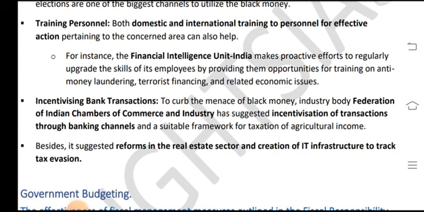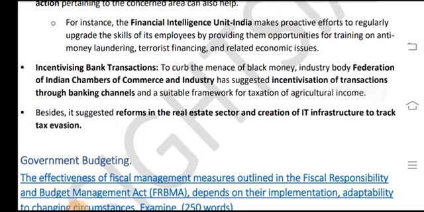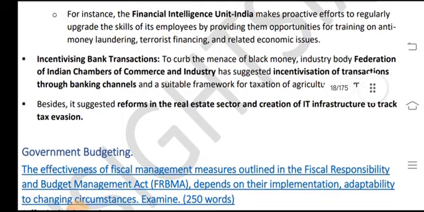Incentivizing bank transactions to curb the menace of black money: industry bodies, the Confederation of Indian Industry and the Federation of Indian Chambers of Commerce and Industry, have suggested incentivizing transactions through banking channels and other suitable frameworks for taxation of agriculture income. Besides, they suggested reforms in the real estate sector and the creation of IT infrastructure to track the tax